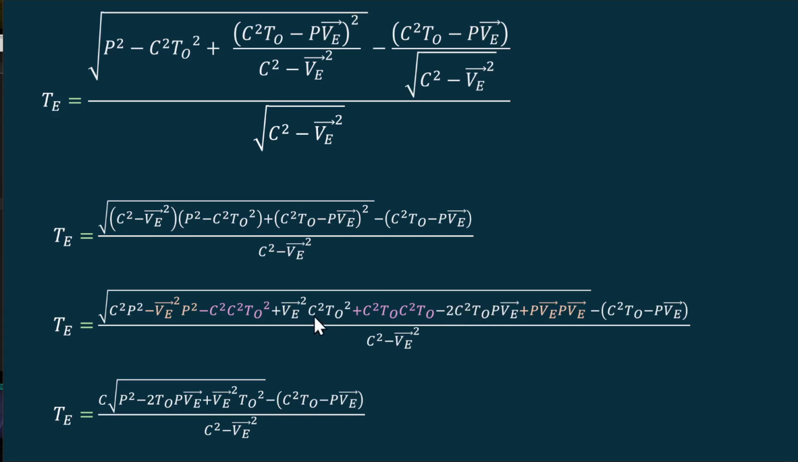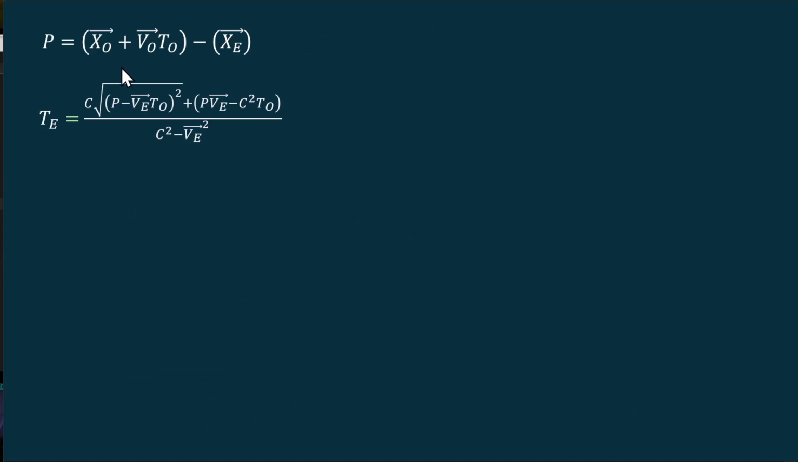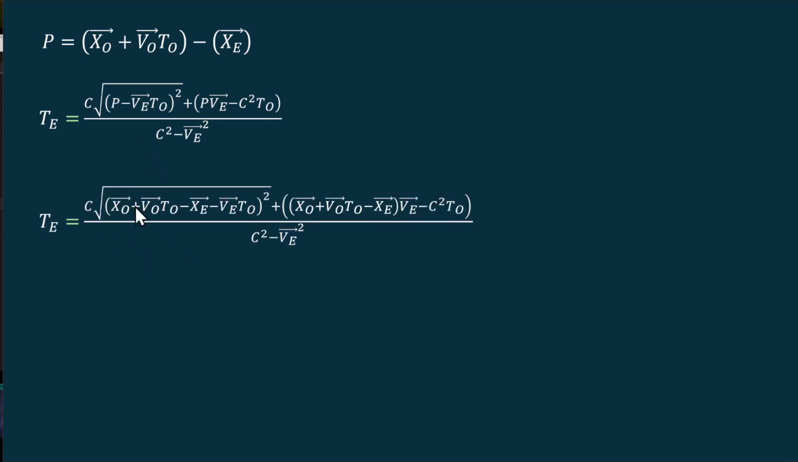They all have a c squared in them, so we can pull that c out and get left with that. And then this ends up being a perfect square also of p minus ve t0, the velocity of the emitter times the time. And then we have, so this is that equation, and this is the p. So we substitute the p back in, and we get